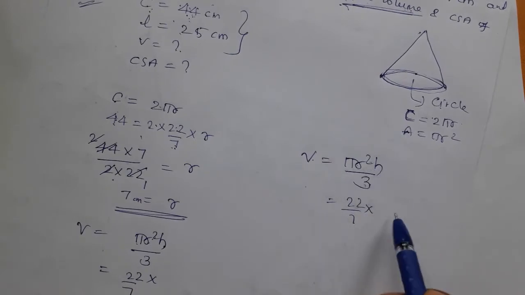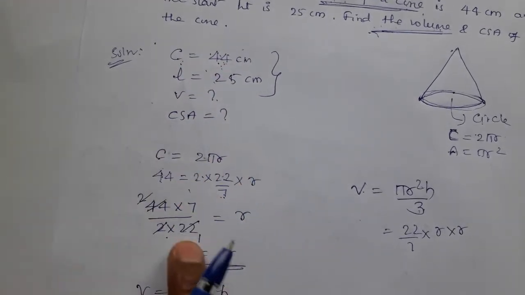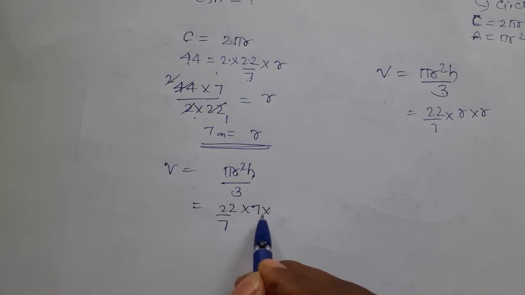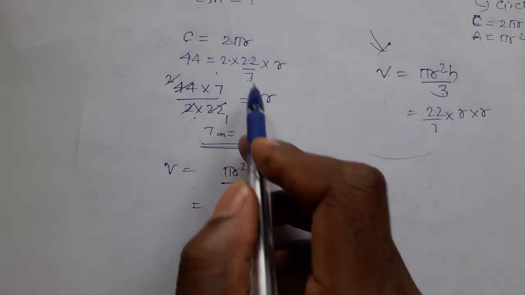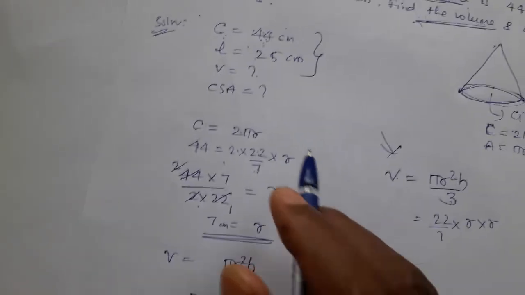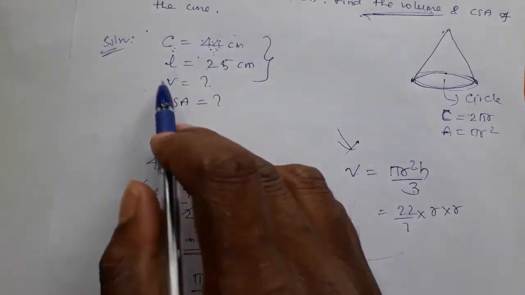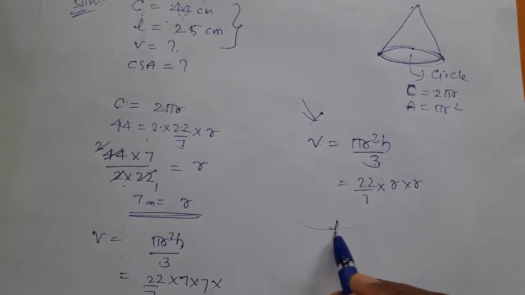Look here, the radius is unknown, so we keep it as it is and we don't get the volume. But if you solve this circumference 44 first, you get the radius, and that radius you can easily put here. If you go directly to this step, we cannot solve. Now, into height, how much is the height? Again, height is not given. No problem. If height is not given, we use one formula.